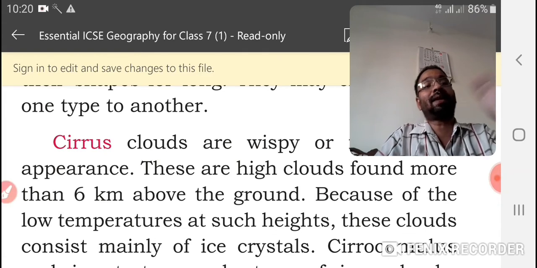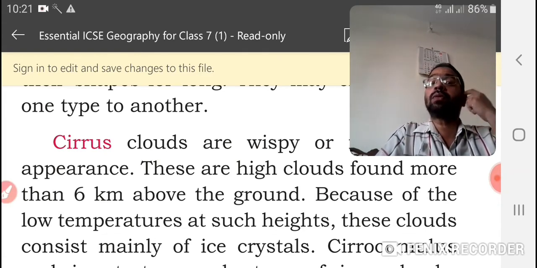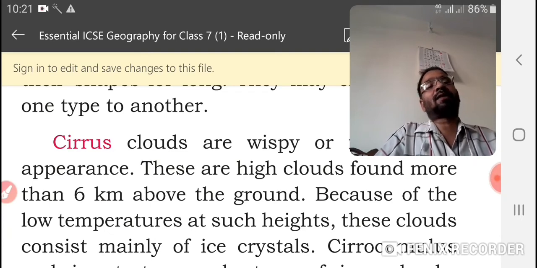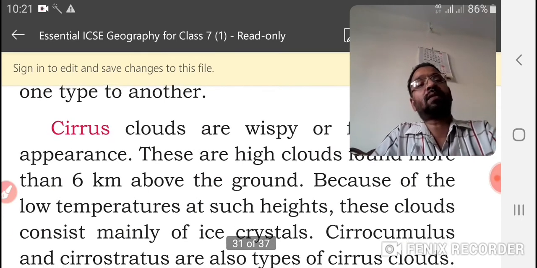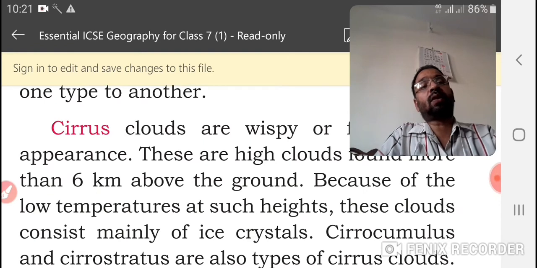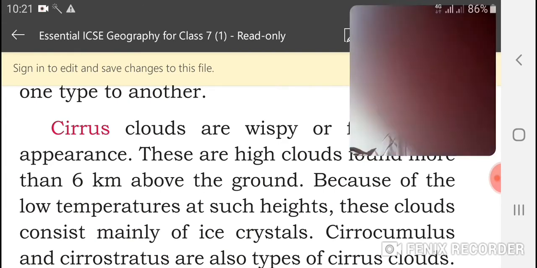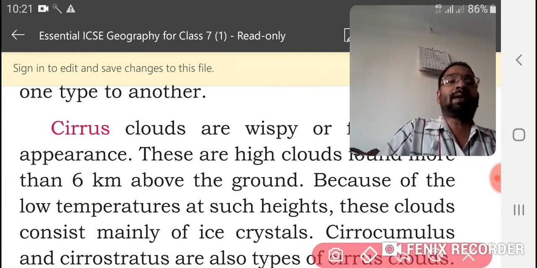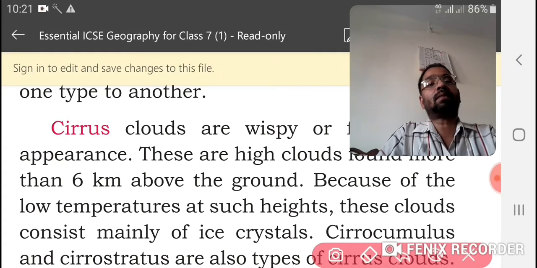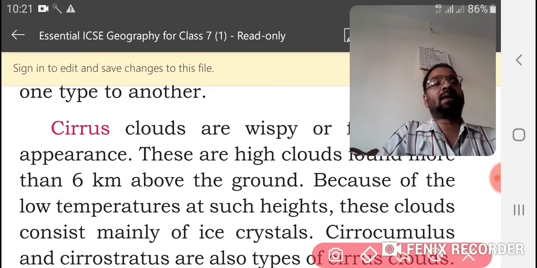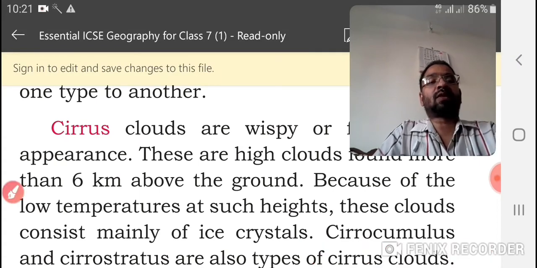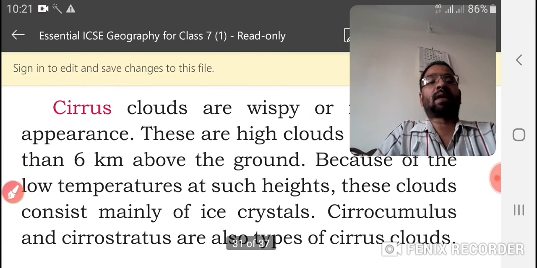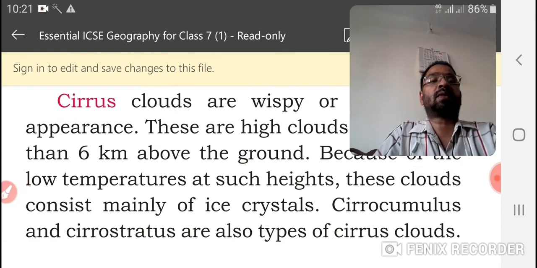A sudden change from water vapor to another form. Water can be liquid, or it can be solid like ice. Then vapor changes to tiny ice crystals. Cirrocumulus and cirrostratus are also types of cirrus.